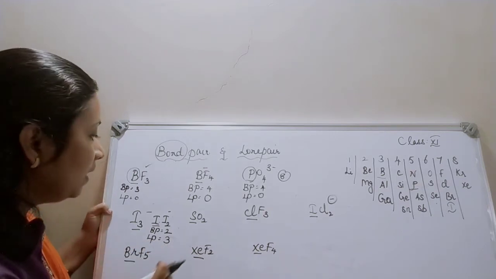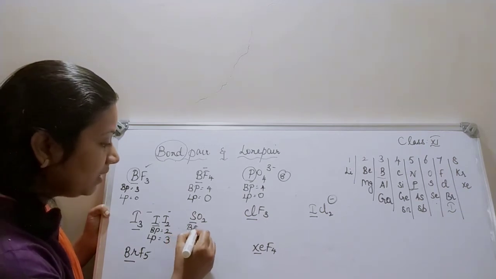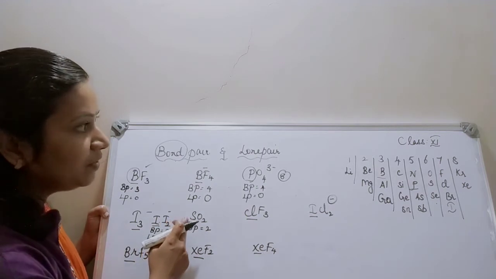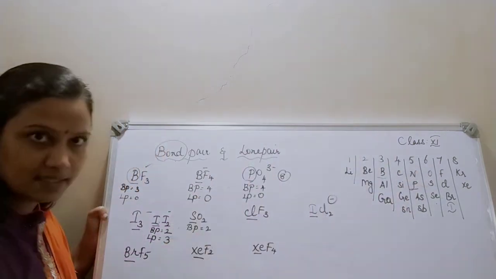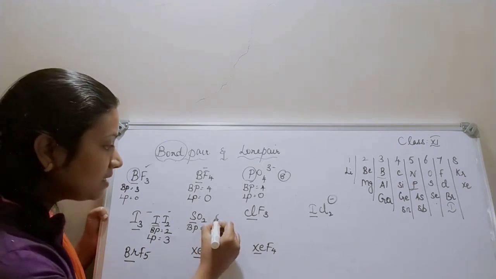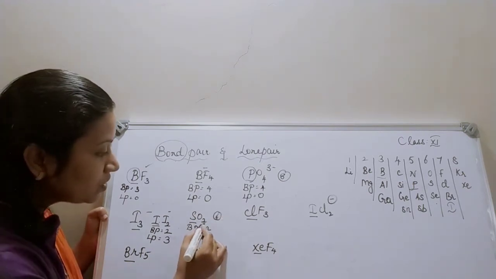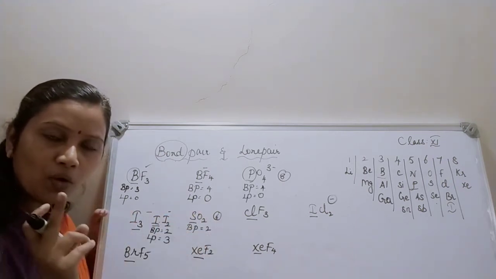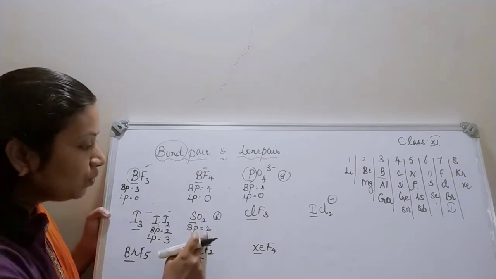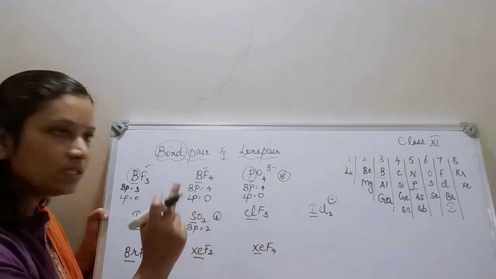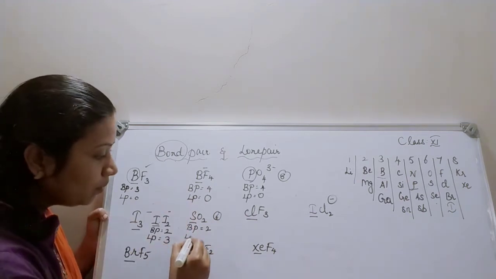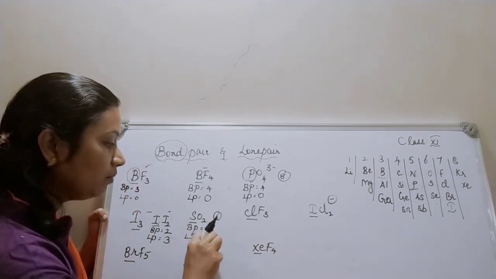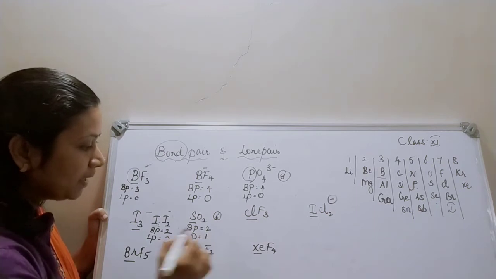Clear. Now SO2, with oxygen. How many bonded pairs are here, children? 2 oxygen atoms, so bonded pair is 2. What is the valency of sulfur here? The valency of sulfur is 6. So in 6 hands of sulfur, oxygen has formed bonds. How many oxygens are forming? 2 oxygens, and always I have told you oxygen will form a double bond, right? So 4 is used up. From 6, 4 is used. So what is the remaining? 2. I don't need to write it as 2, I can write it as 1 because each pair is 2. So lone pair is 1.